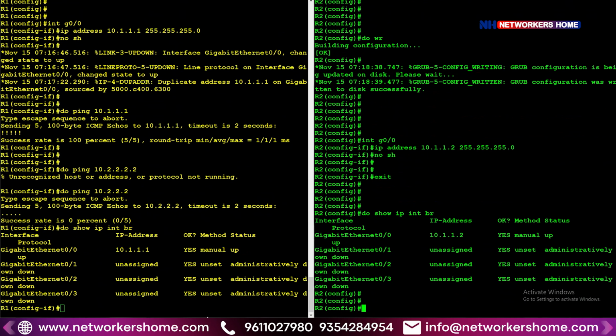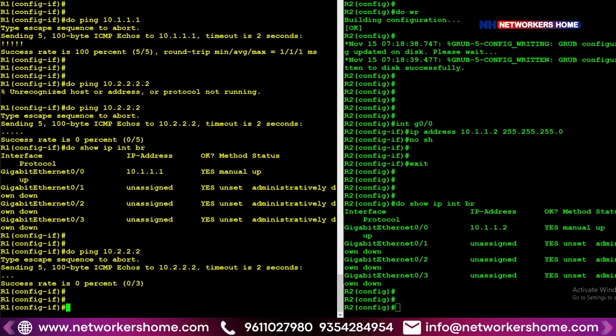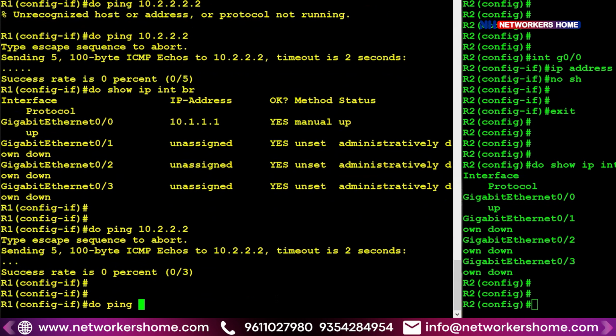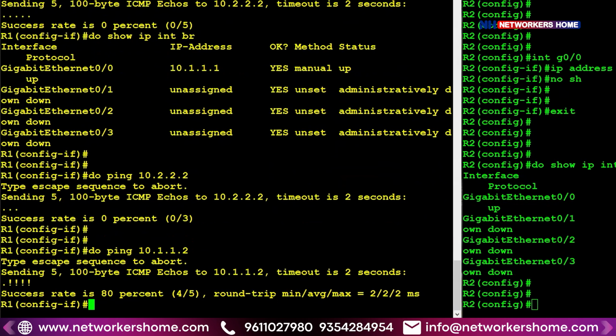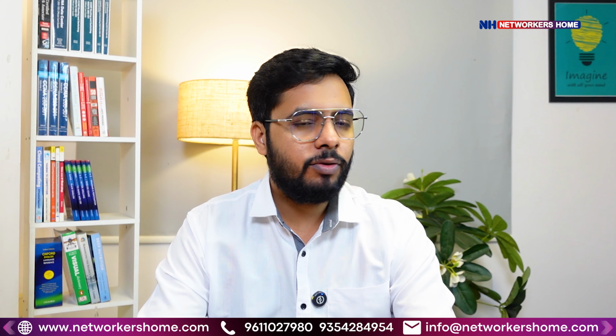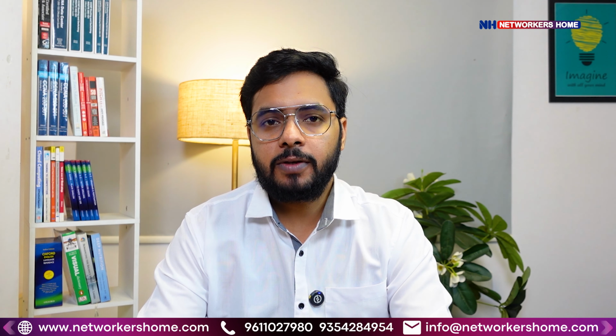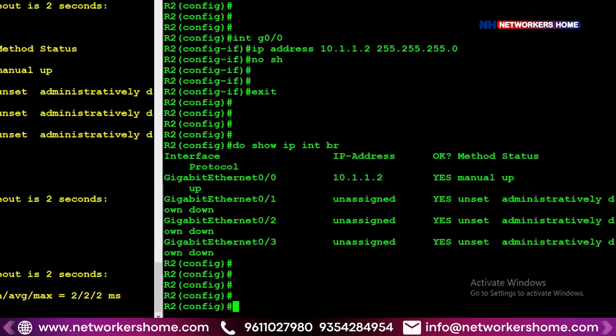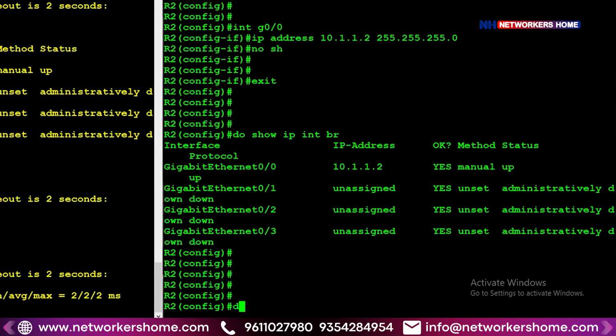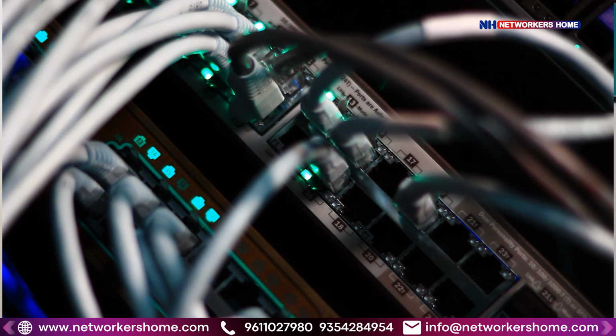Here also interface is up, protocol is up. Let's try to ping once again. So the user will say do ping 10.1.1.2. So when you check the connectivity, you have the connectivity, and that means the issue was resolved here. Now the issue is successfully resolved, but the user did not save the configuration. And since the user has not saved the configuration, if the router restarts due to any electrical, mechanical failure, device failure, XYZ reason,